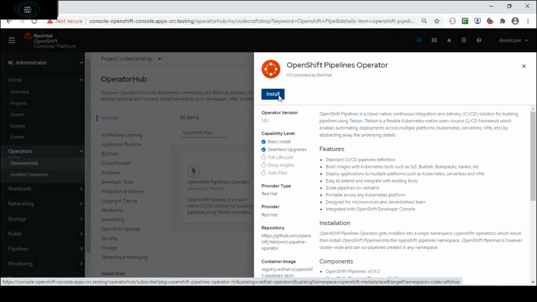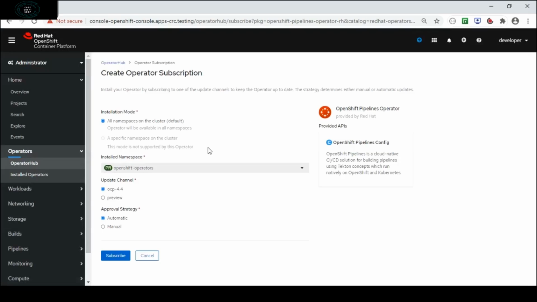I will click on this install button, and we are using OCP 4.4, and the namespace where it is going to install is the OpenShift pipelines operator. The installation mode is for all namespaces on the cluster, which is selected by default, so we will not modify anything. We will just click on the subscribe button.